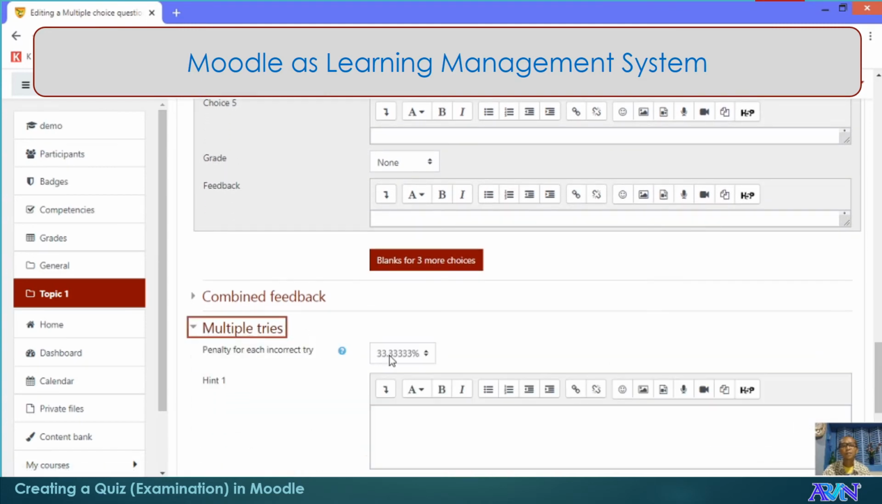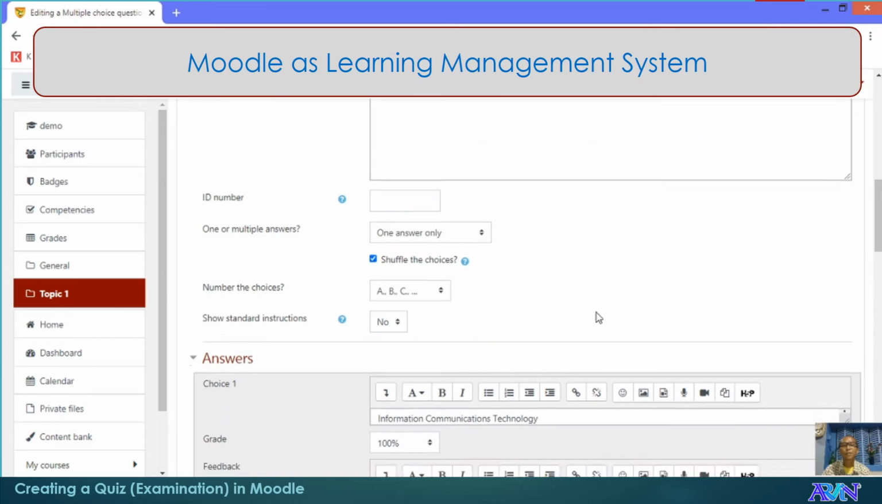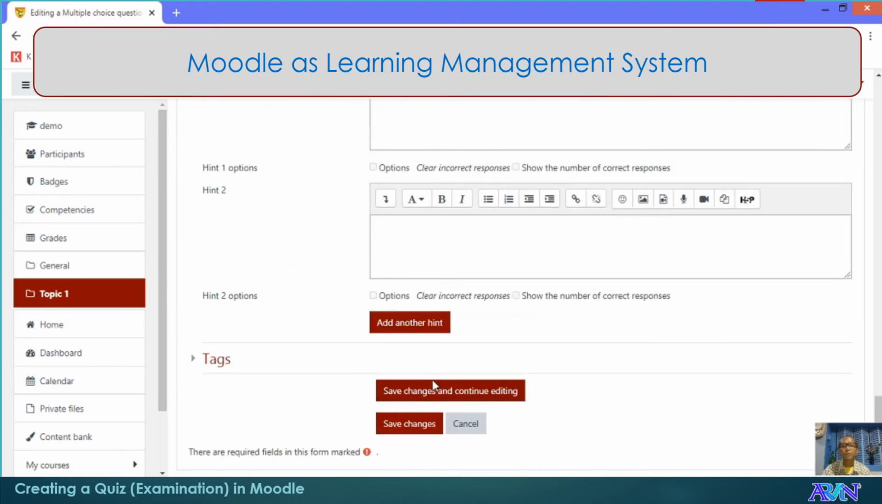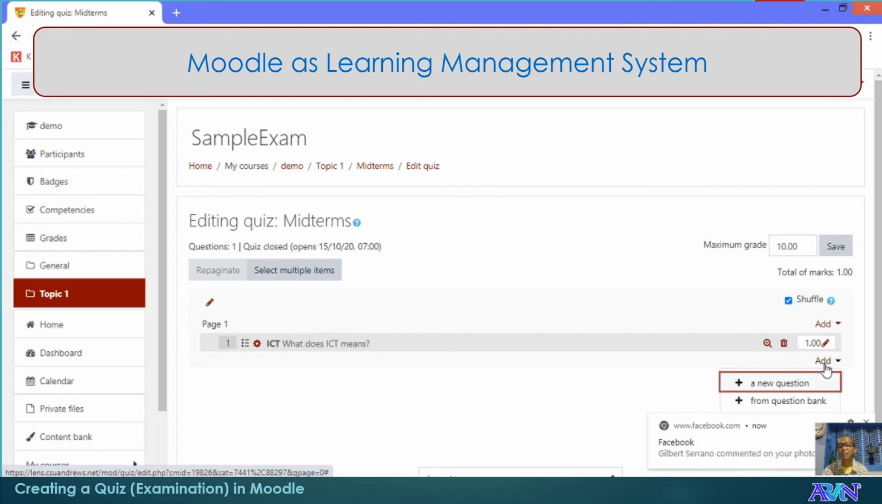Okay, so multiple tries, we only have one, supposed to be one answer only. So save changes. That's how simple it is. So that's for multiple choice. Now if you want to add more, continue clicking this one. Now take note, when you